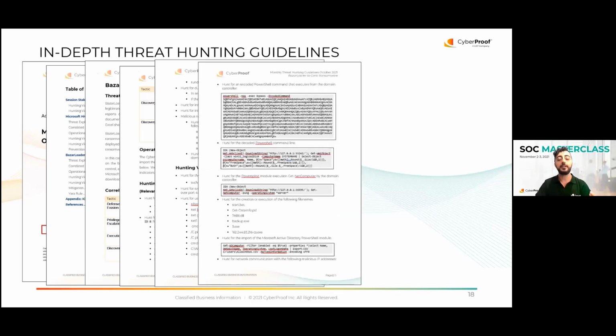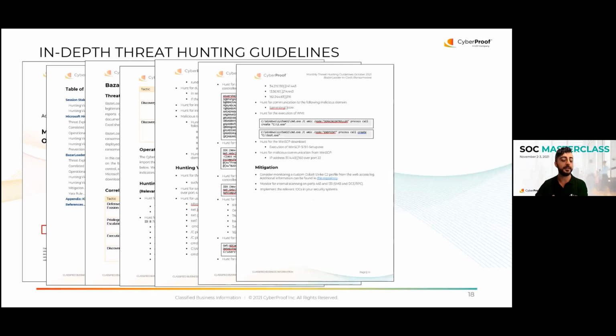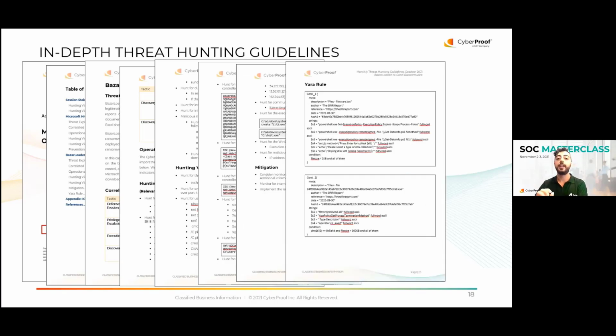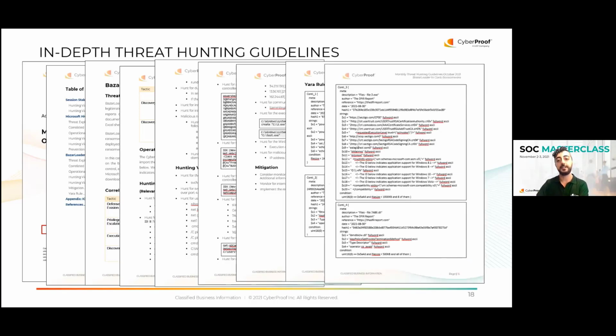Basically, we are giving the hunters technical guidelines on how to create workflows to detect this threat, along with scripts or mitigation steps, detection rules, Yara rules, and so on. We are forming the work for the rest of the hunters, for the security analysts, sorry,